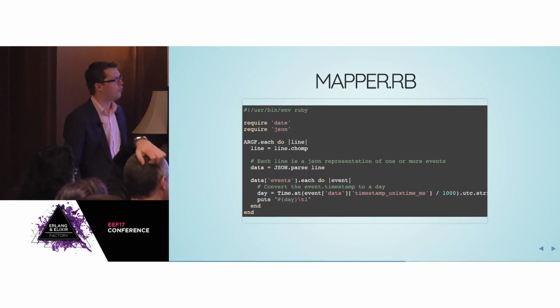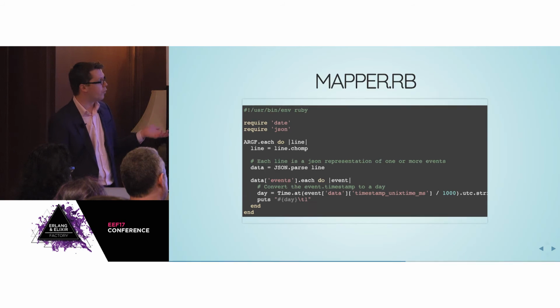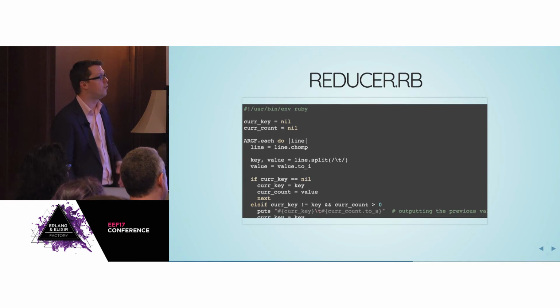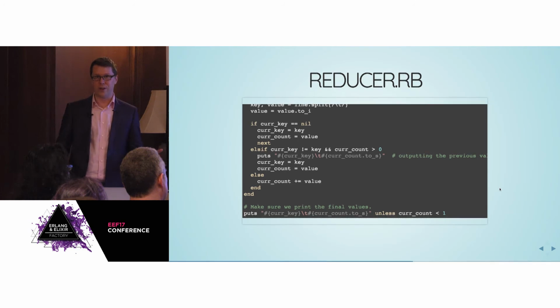I'm only including this Ruby code to show that it is very simple. There's not a lot of room for error here. The mapper just extracts the timestamps, converts them to days, and exports them with a count of 1 for each of those timestamps. And the reducer will then take all those counts of 1 and just add them up for each of those days. It's a very short file there. So everything works great locally.